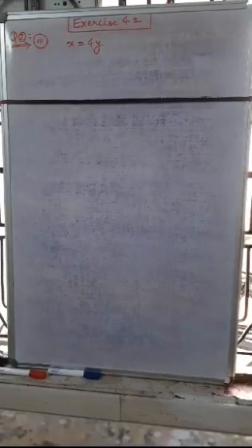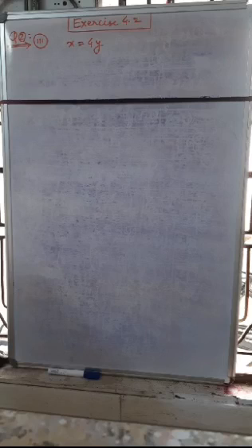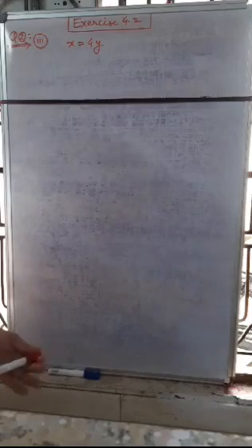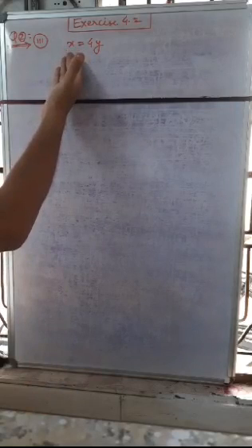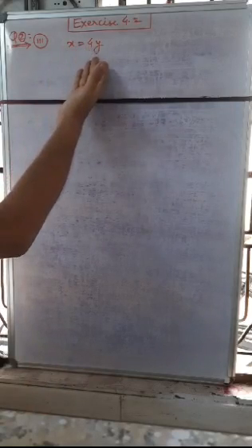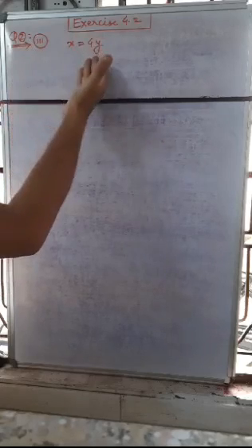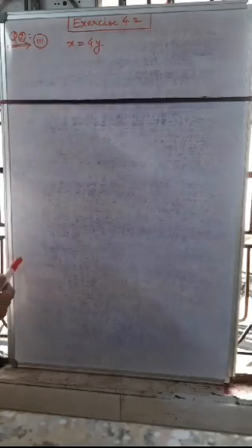So students, today we will solve exercise 4.2 question number 2, 3. Suppose we are having the equation x is equal to 4y, and you need to find four solutions of this equation. So here we can put the value of x, or we can find out the value of y, or if you like, put the value of y and calculate the value of x.